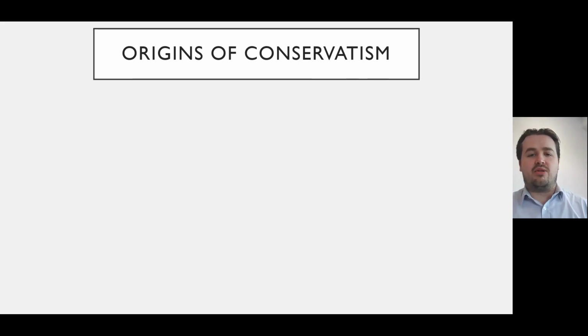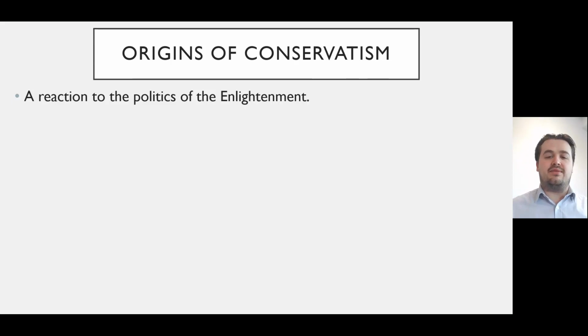So let's start with a bit about the origins of conservatism, where it comes from. It's a reaction to the politics of the Enlightenment at the time. As we discussed with liberalism last year, the Enlightenment was a period in which different scientific thinkers started to think about the world around them in a different light, in a different form. So they start to place their emphasis on science rather than religion and tradition. What conservatives saw was that the Enlightenment wasn't necessarily a positive thing, or that it was happening too fast. So we almost needed to pump the brakes a little bit on the social change that